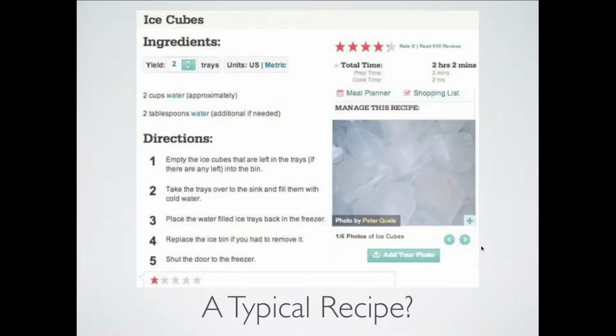So why is a recipe a program? Well, it's got a set of ingredients up at the top. It's got a set of instructions that you follow, and if you execute them properly, you get something tasty at the bottom, or ice cubes, which of course are tremendously useful if you're going to be making a martini, which